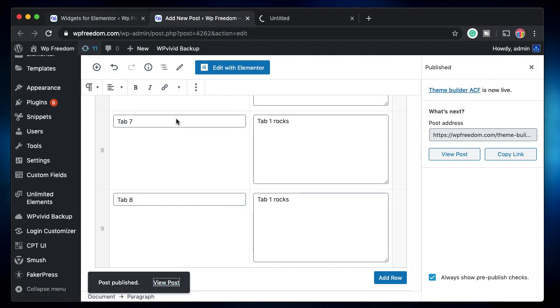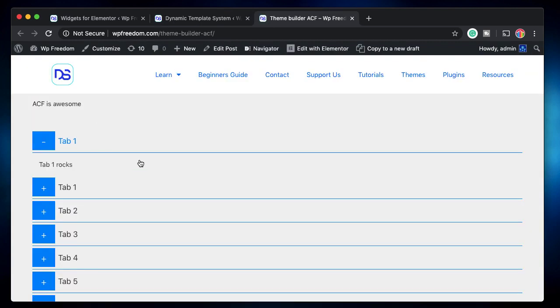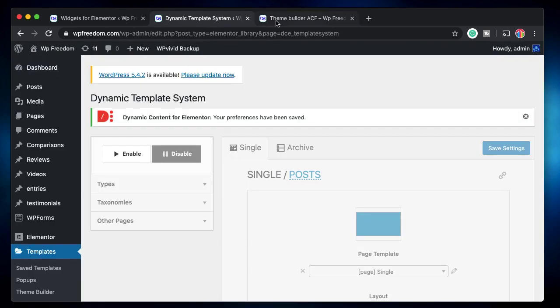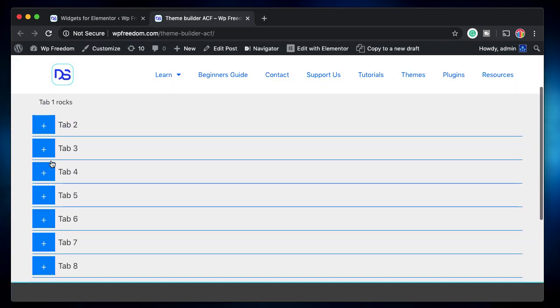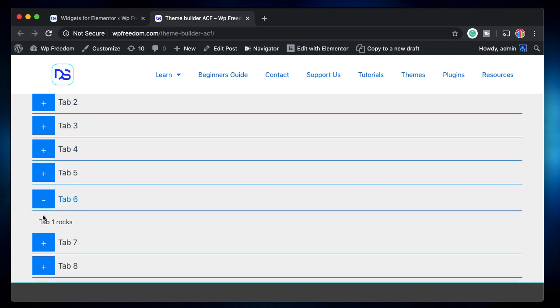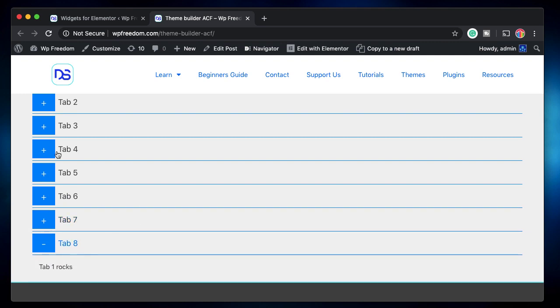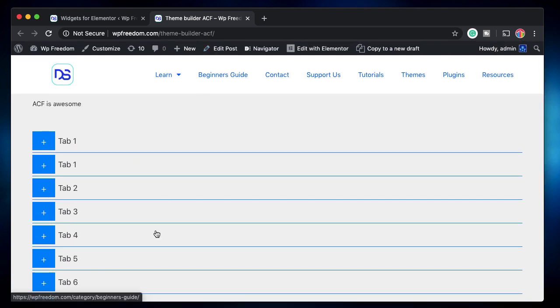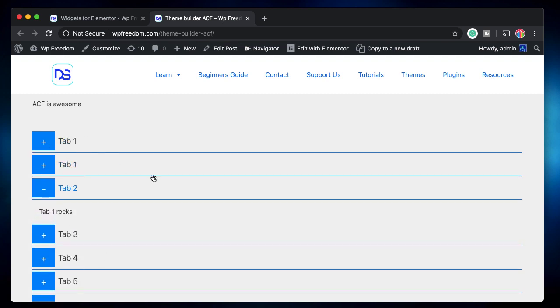Since we created a design for all our single posts using Elementor Pro's theme builder, once I preview the post, this is the design that we defined, and the design just essentially has the content field and this tabs widget, and you can see it has all the tabs that we created. I just didn't change the content. If you edit the content, that will be reflected here. So you can edit the post in the Gutenberg interface, and that data will be reflected in the tabs interface.